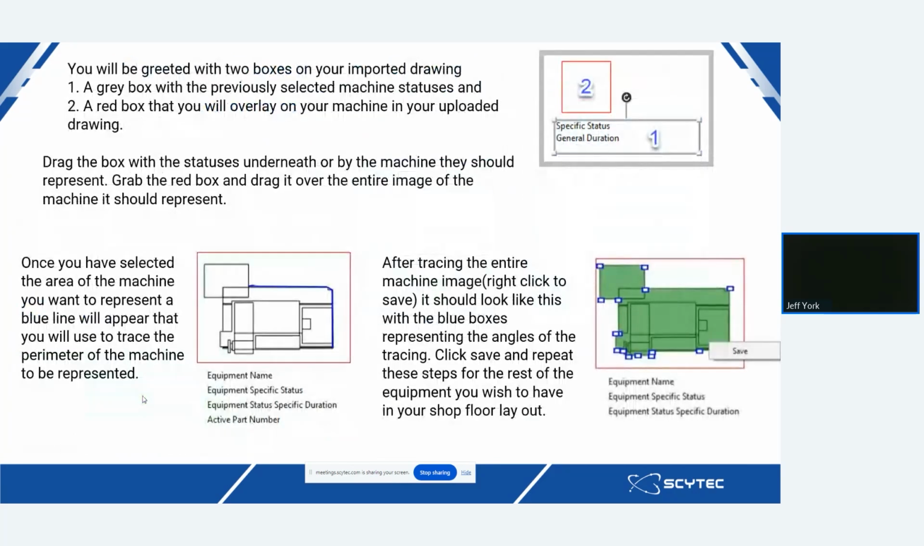And once you've done that, you will then be greeted by two boxes. And they're over there in that top right corner. The box with the number 1 is the machine parameters, the data items that you want to have selected, as well as the bounding box, which is that number 2, which you will drag over a machine. And then you will trace that machine with that color blue, which you see in the bottom left image there. And then once you have all those traced out, you will then save them,